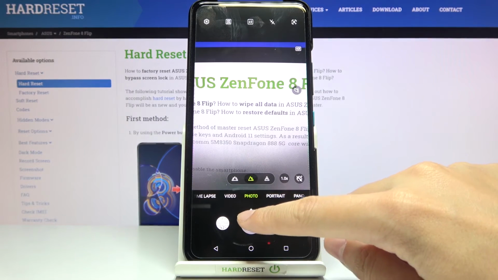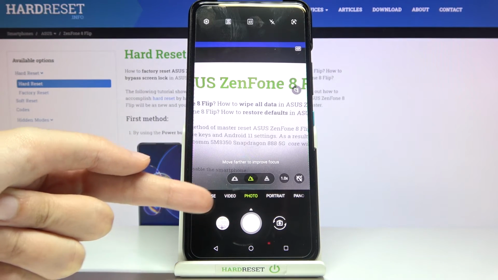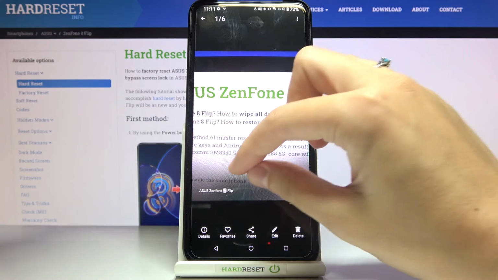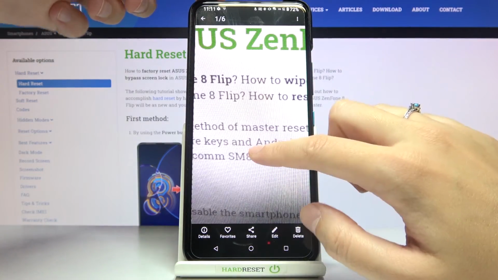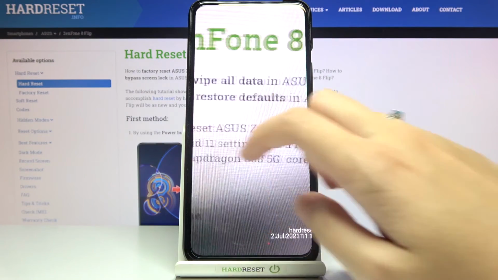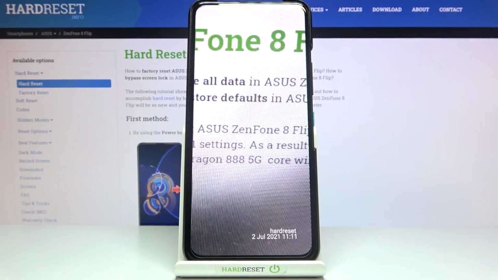in the real picture. So let me take a photo, and now let's move to the left to the button that takes us straight to the gallery. And this is how it looks with watermarks at the bottom. Here we can get closer to them. So from the left, the ASUS ZenFone 8 Flip device watermark, from the right we have hard reset, the custom one,